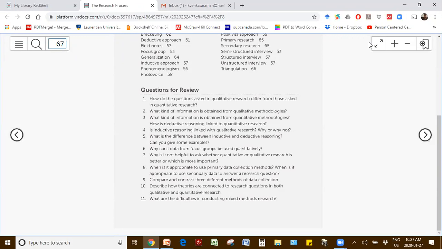Okay. Anyway, why can't data from focus groups be used quantitatively? So does everyone remember what a focus group is?